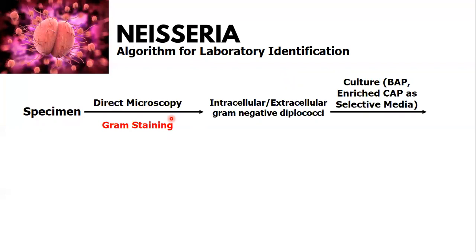For Neisseria gonorrhoeae, you are supposed to inoculate it on an enriched chocolate agar plate with inhibitors and antibiotics. While for Neisseria meningitidis, the standard culture medium should be sheep blood agar, but can be inoculated on enriched chocolate agar plate if specimens were collected from anatomical sites that are populated with flora.